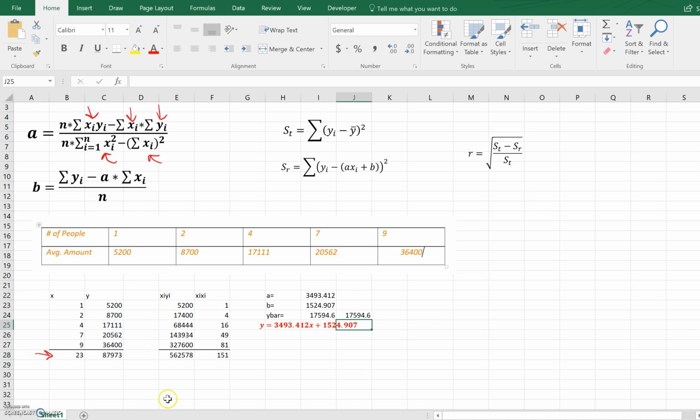And there's lots of different ways to do it, but as long as you get the correct y bar, it's kind of up to you. And then we want to make a